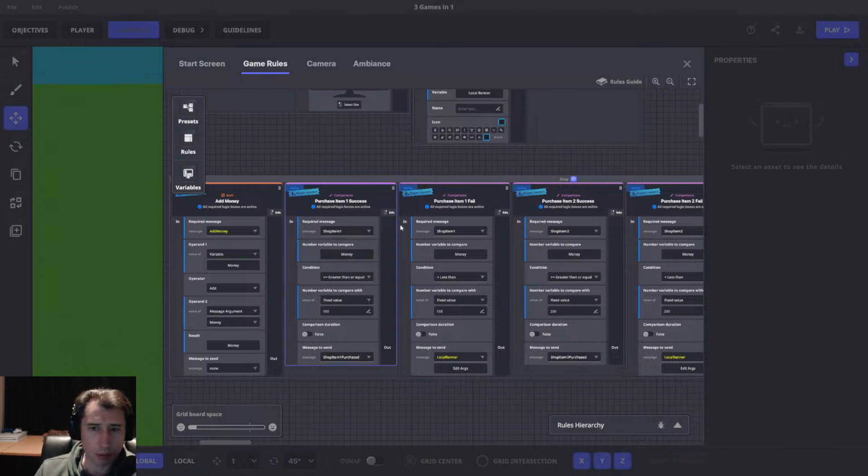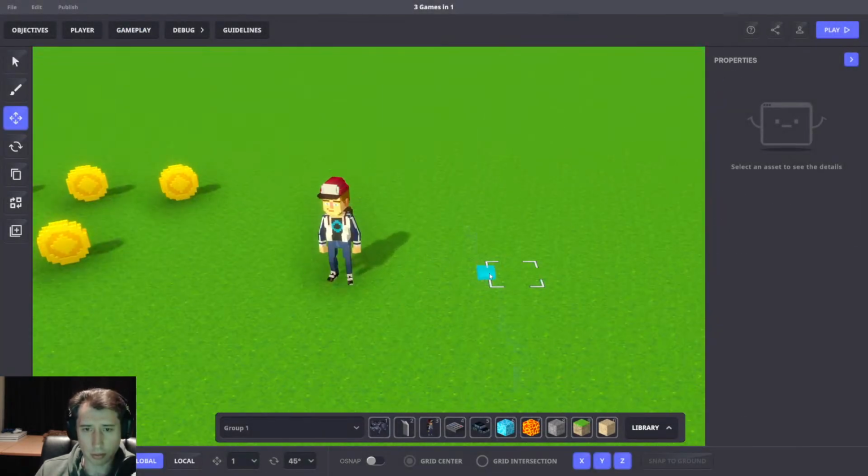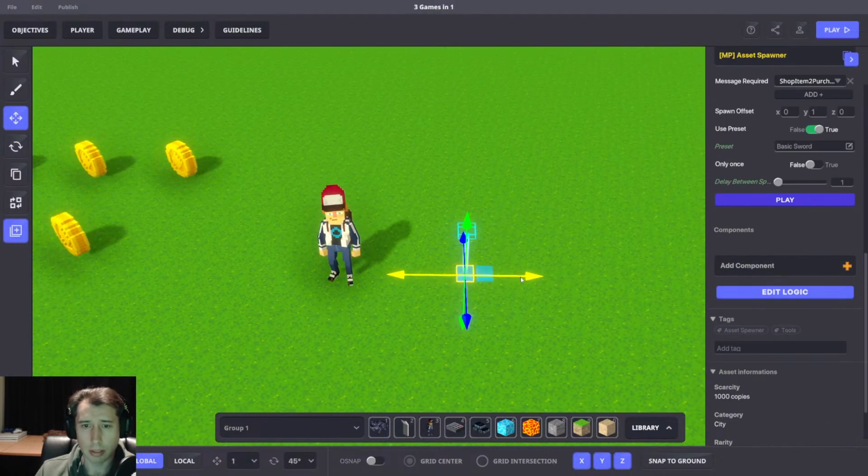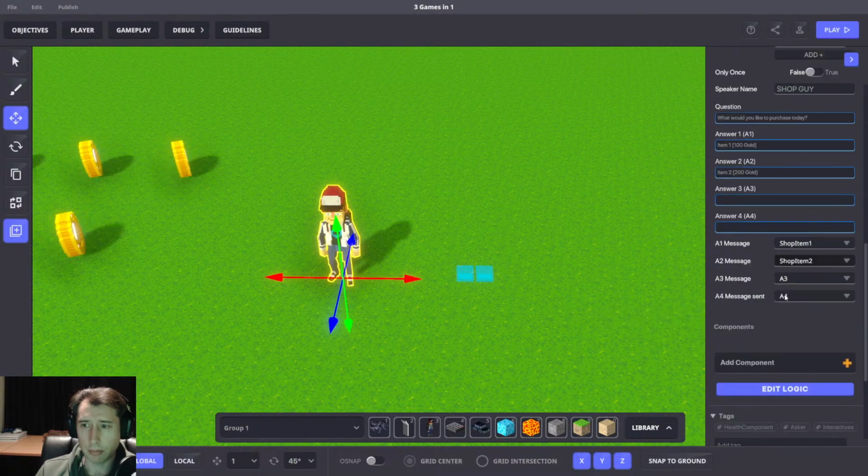Because you want the different shop numbers to have different purchase numbers, so that when they are purchased, it goes to the right asset spawner. That's one way of doing it. What we could do here, though, is